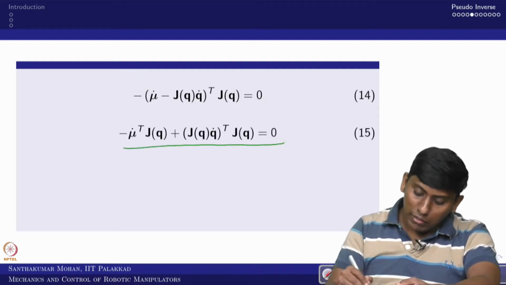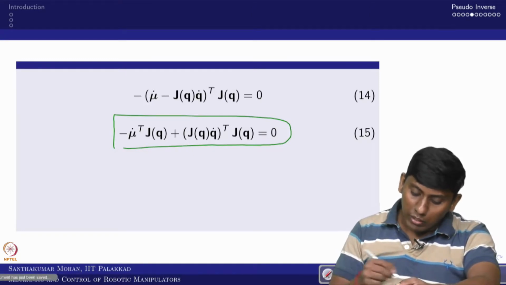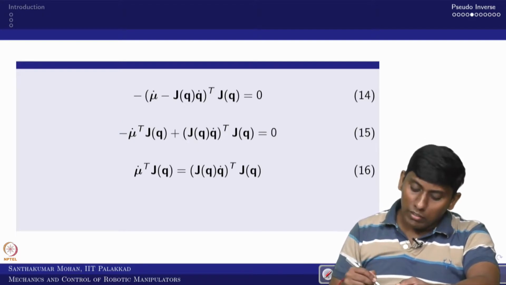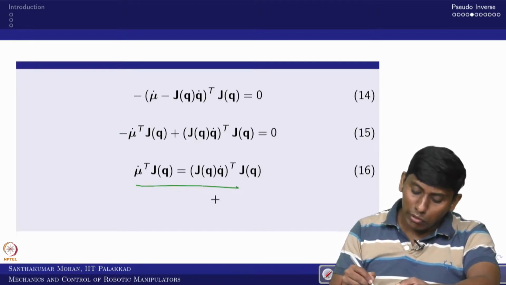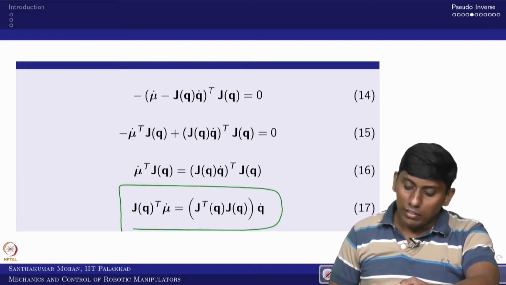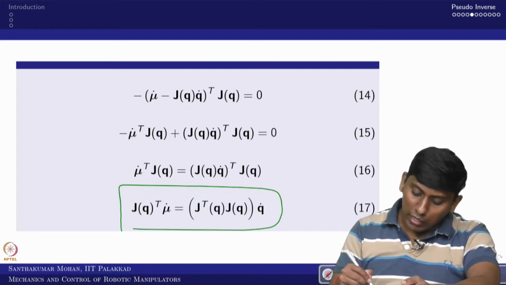So you multiply this, you will get it. Now you rewrite this equation, in the sense you take the transpose throughout. So you will get this. This is the rewritten equation, and taking the transpose, you will get this, right. Now it is actually very easy. In the sense you take a transpose, this comes.